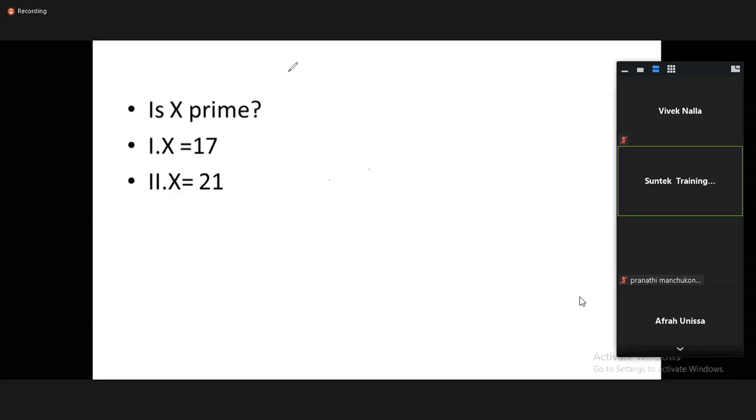Okay. This point is going to be very useful. Okay? No is as good as yes. No is as good as yes in data sufficiency. No means no is not the case here. No is as good as yes in data sufficiency.